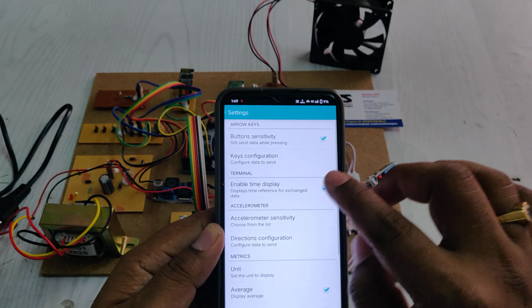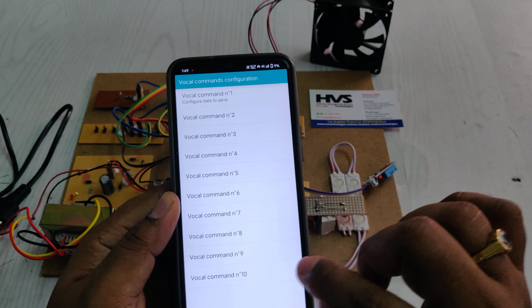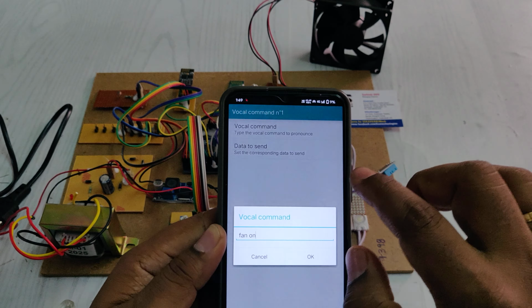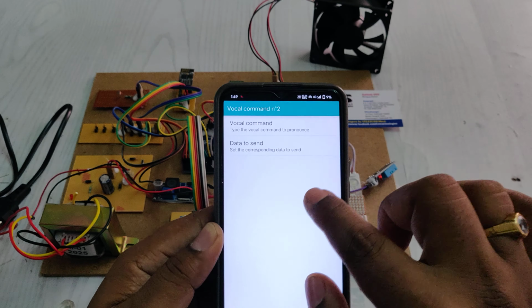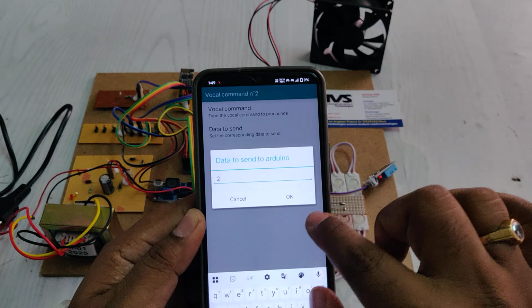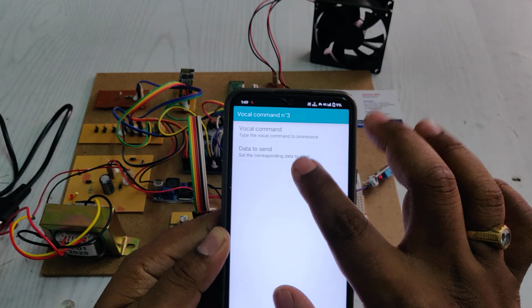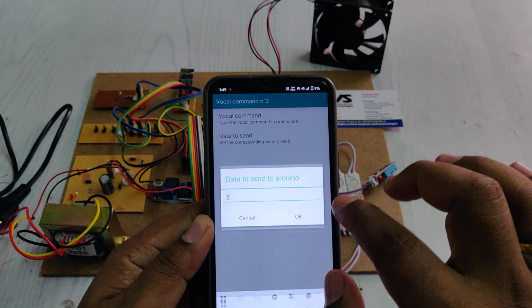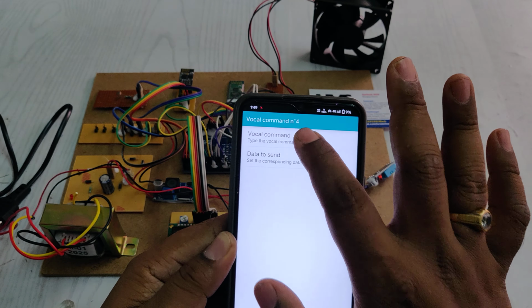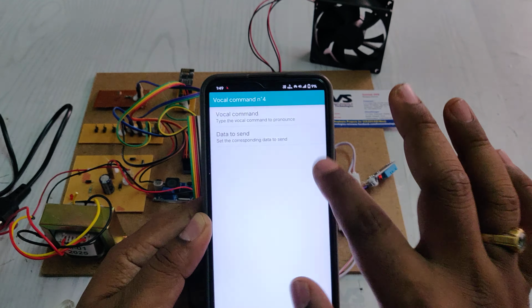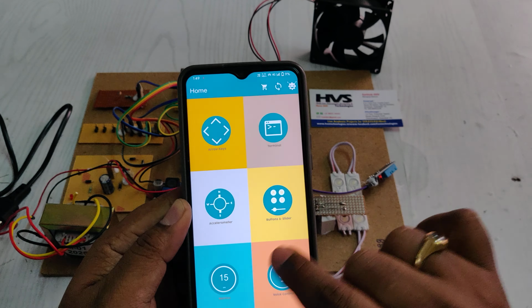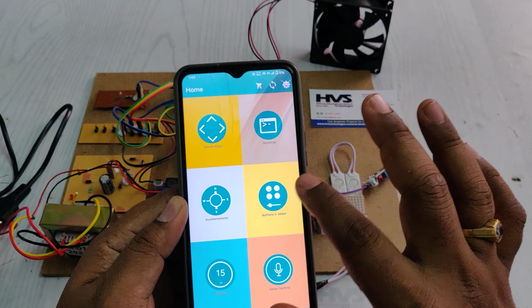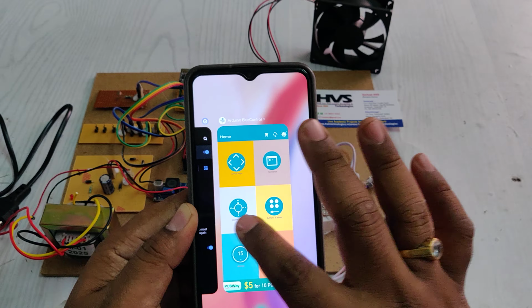For that, go to settings, and in voice commands, set command 1 to fan on and the data to be 1. Same for fan off, and the data is 2. Same for light on, and the data to be sent is 3. Same for light off, and the data to be 4. So these 4 commands are to be set from the settings, and then install the Blynk application, the Blynk IoT application